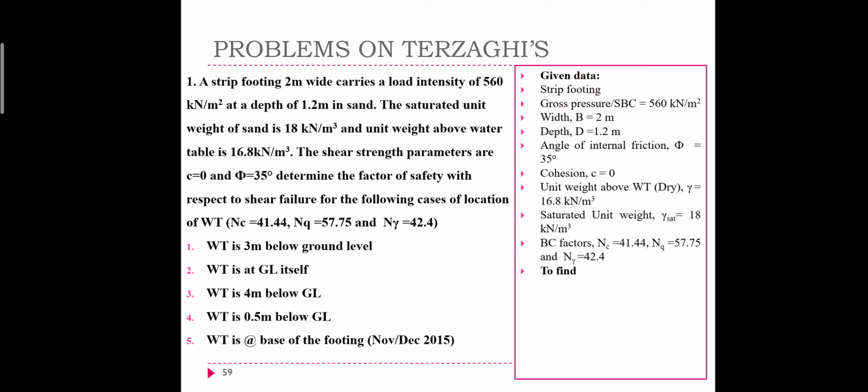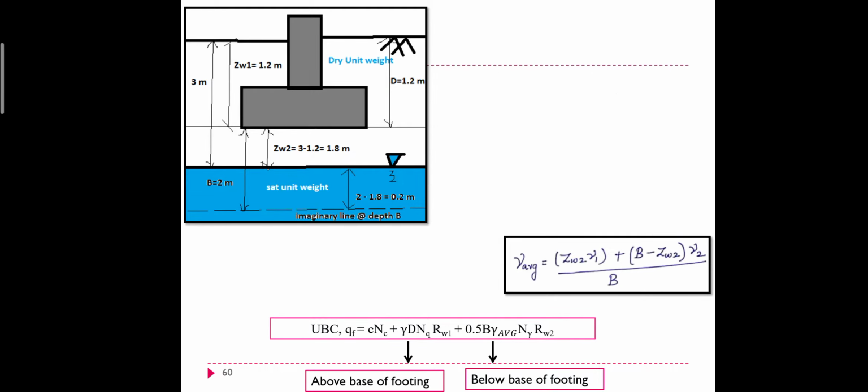So it is always good to draw the pictorial representation of the question to solve further. So a foundation is given. From the ground level, depth is given 1.2 meter. D is equal to 1.2 meter. And it is also given in the question the water table is 3 meter below the ground level. So 3 meter கீழே we have drawn the ground level.